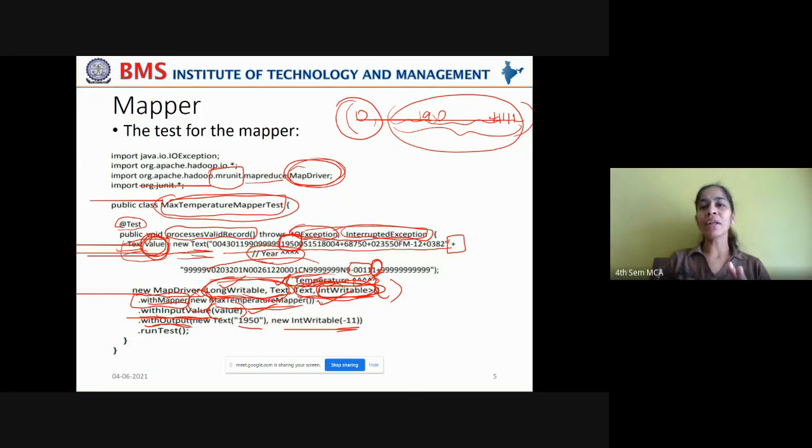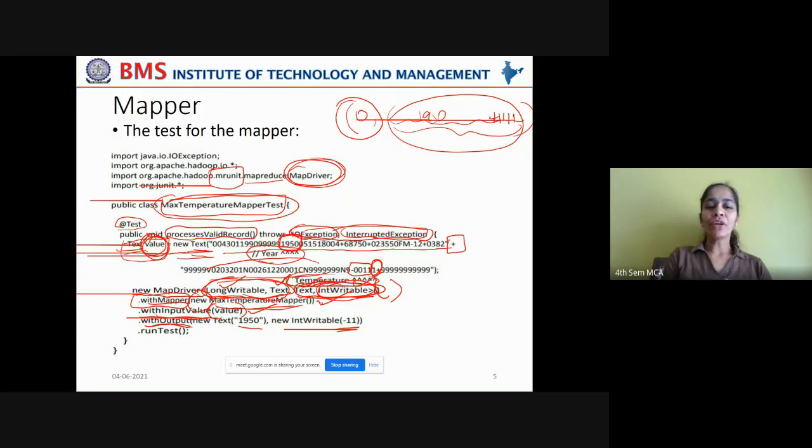We are not bothered about whether it is capturing all the air temperatures in a particular year. Our main intention is to see whether this mapper class is able to pick the year and the air temperature captured in that particular year. Later, in its next record, it may take the same year and another air temperature captured in that year, right?